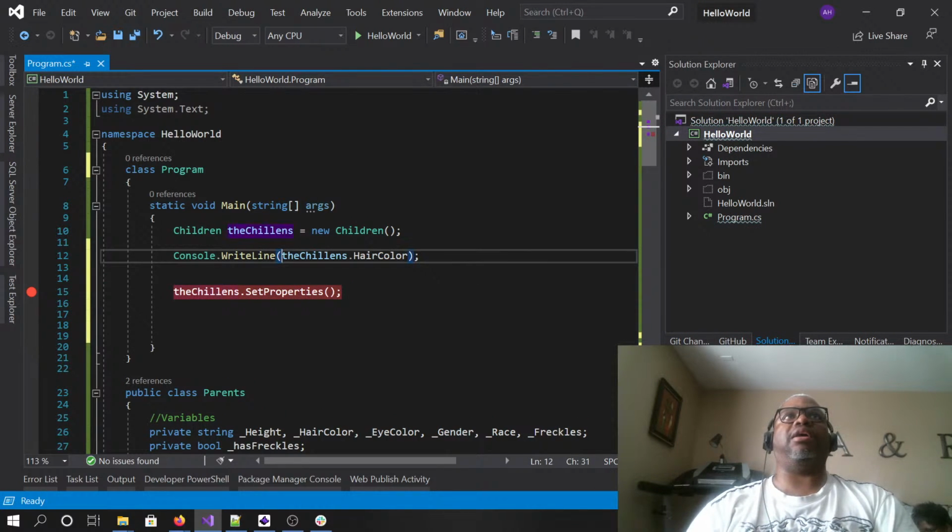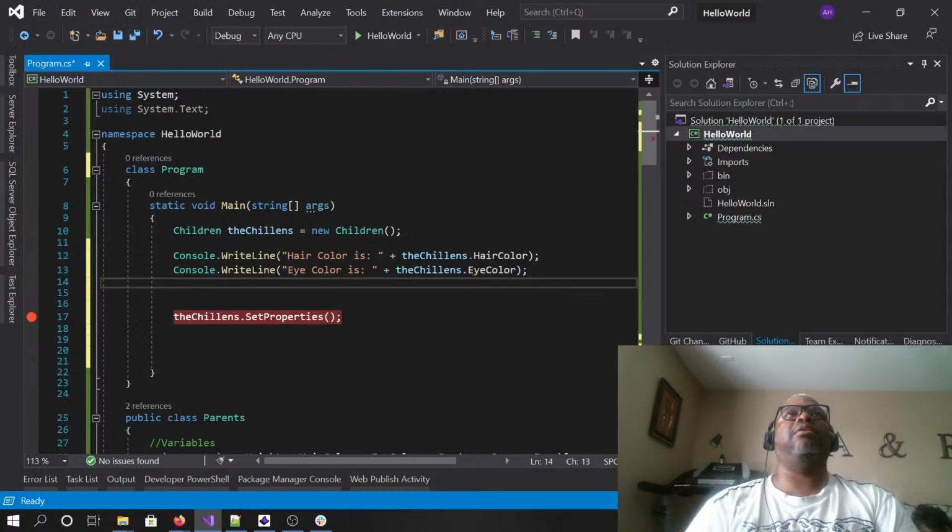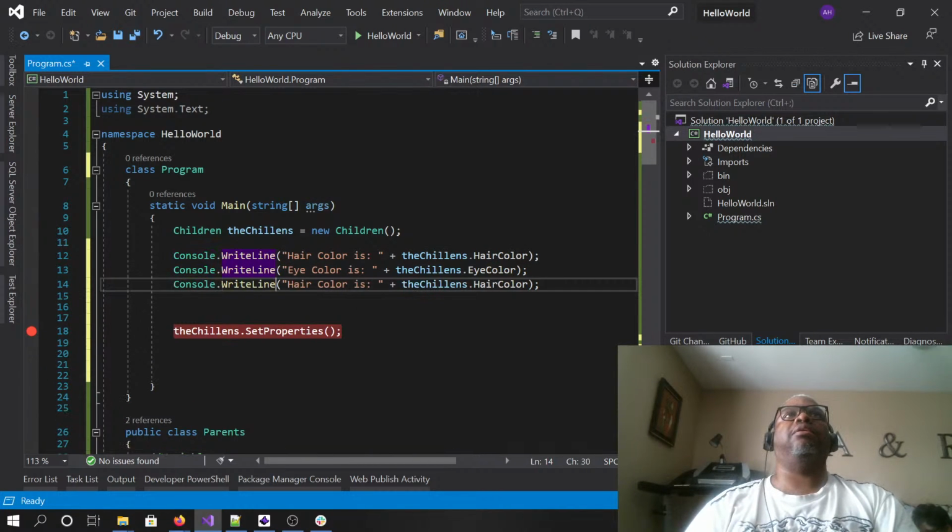I can say hair color is, eye color is, height is, say height,